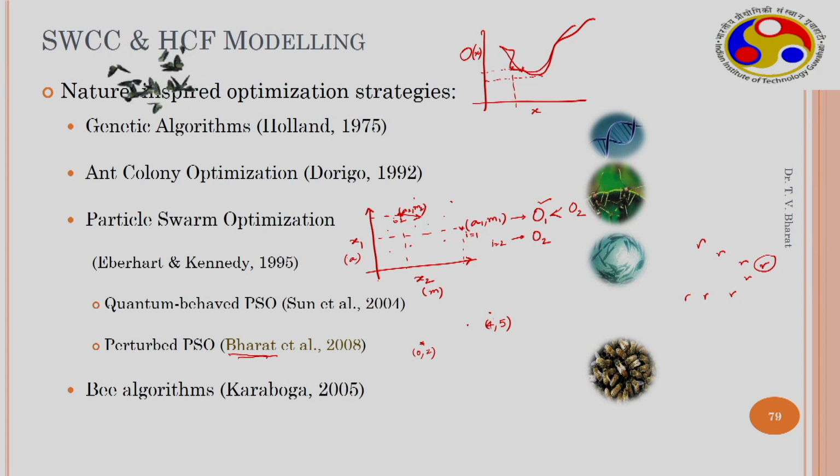How to move this particle to this value? Directly, you could add the difference to this value and it will jump there. For example, the difference is 4 and the difference is 3. If you add this to this and this to this, it can directly jump here, but we do not want to do that. It should not jump directly, because this may not be the global solution. It should only move in this direction.